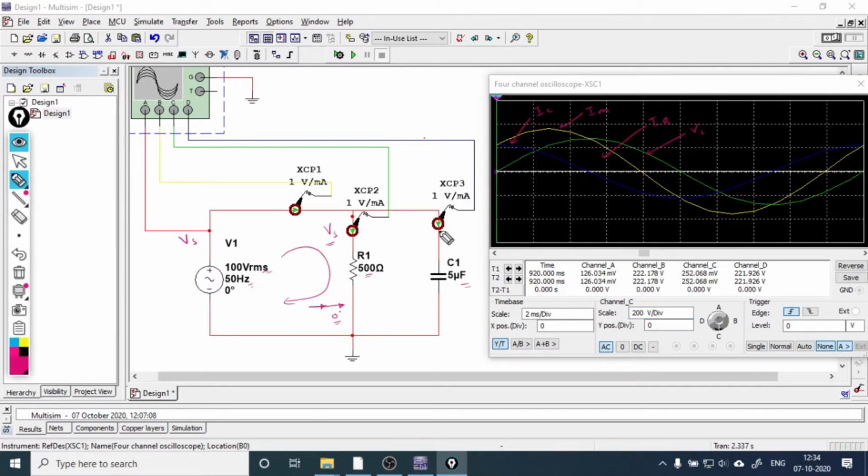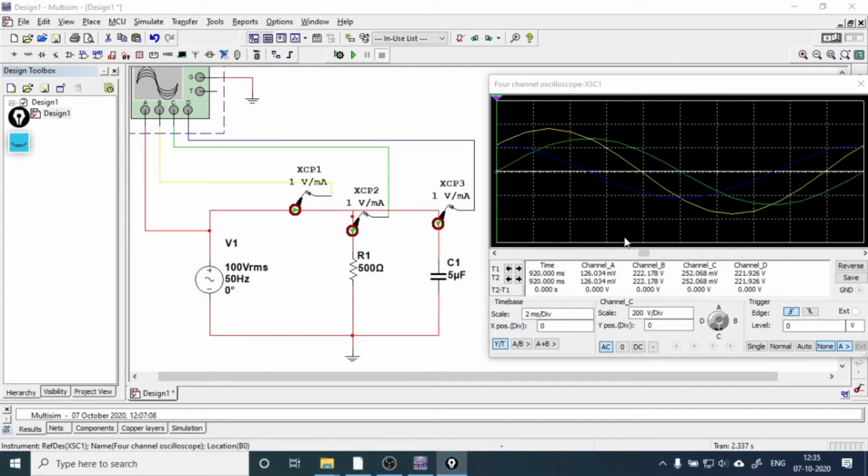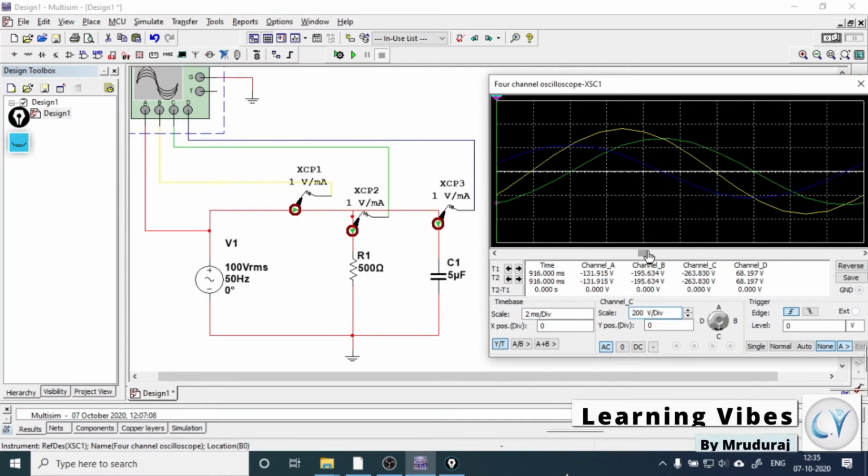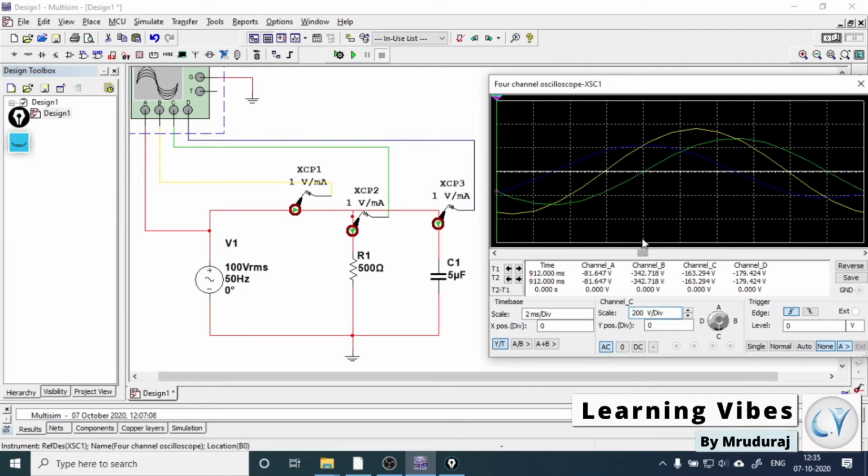Now we are going to observe the voltage across the capacitor and current flowing through the capacitor. So the voltage across the capacitor is the same Vs and the phase will be the same because they are all connected in parallel and voltage is the same in a parallel circuit. But the current flowing through the capacitor is blue. So this blue line represents the current flowing through the capacitor. So the zero crossing of this blue line is a little ahead, right?